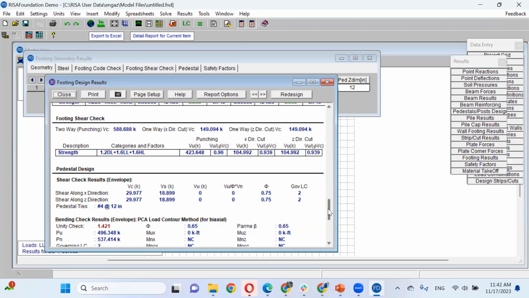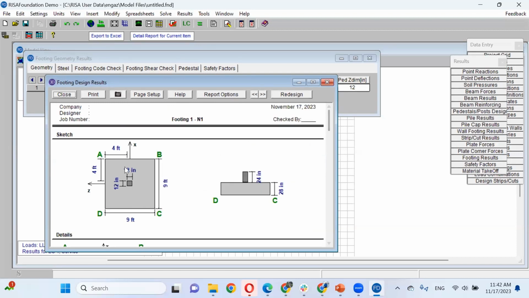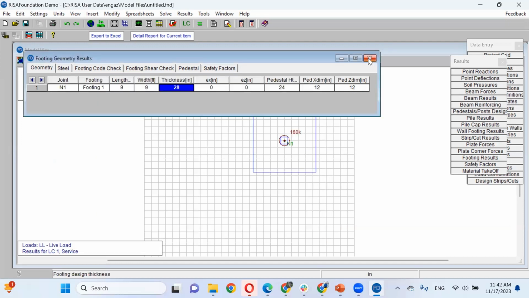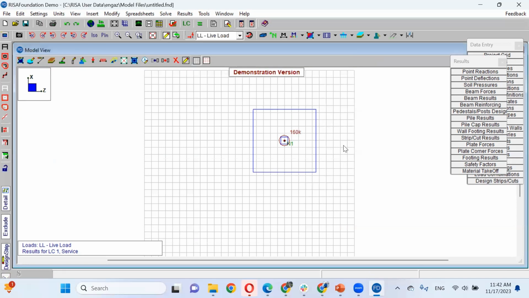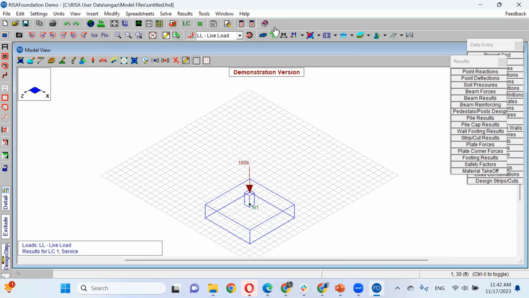That makes sense? So the final design of your footing will be 9 by 9, and the thickness I'm going to use will be 28 inch. Does that make sense? If you would like, I can show you isometric. I can show you the extrude view, render view, so you can see your footing and the column and the applied